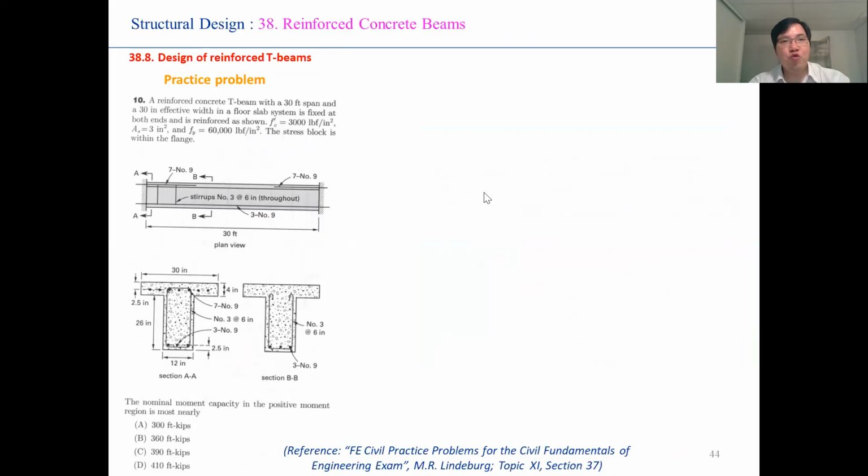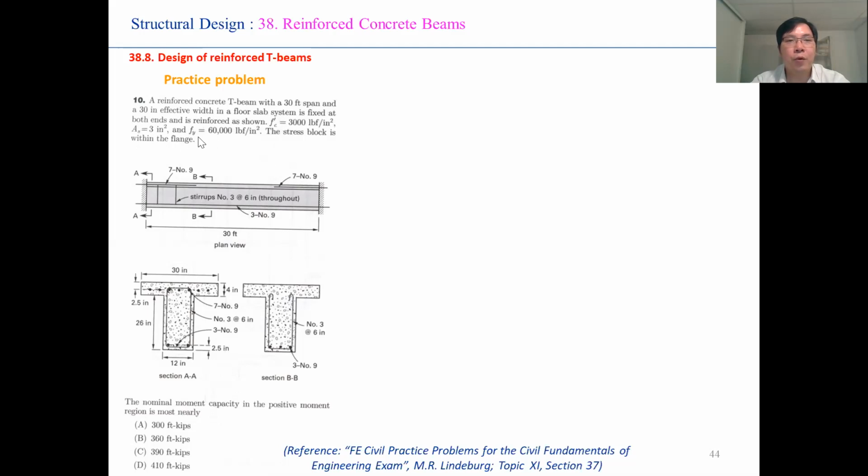So I would like to show you in this slide another practice problem. Here is the input data of the practice problem. A reinforced concrete T-beam with a 30-feet span and a 30-inch effective width with a floor slab system. It is fixed at both ends, and it is reinforced as shown in the figure, and they give you another parameter value of